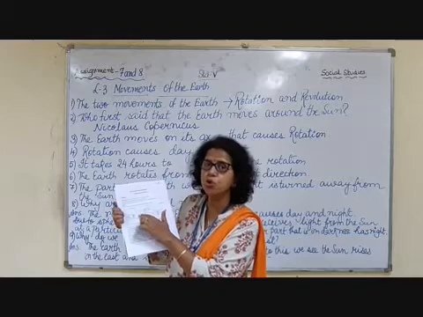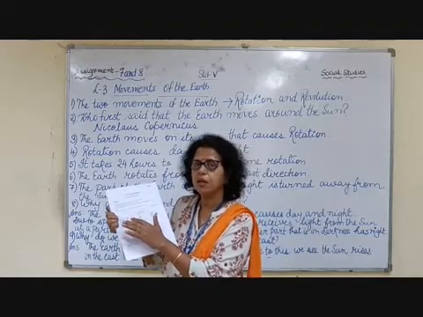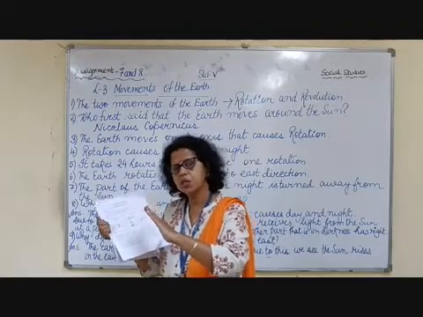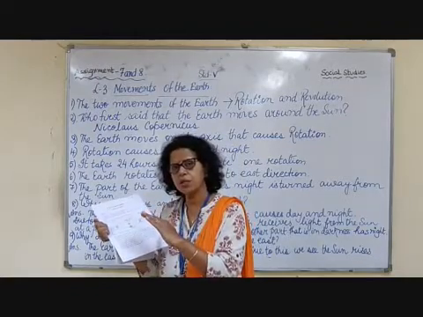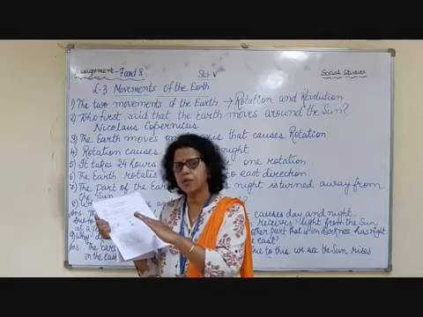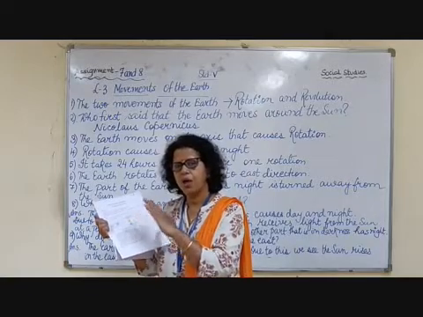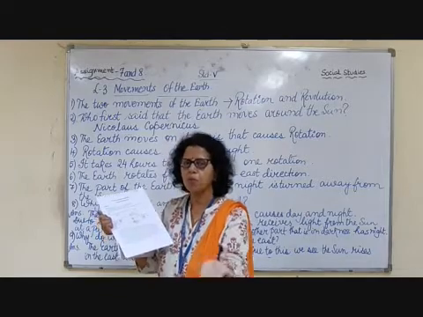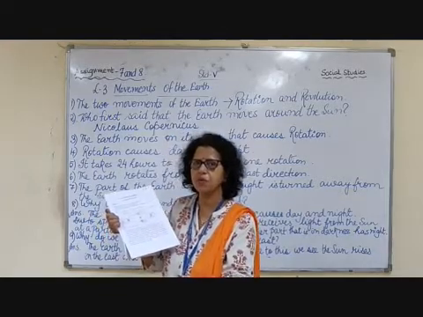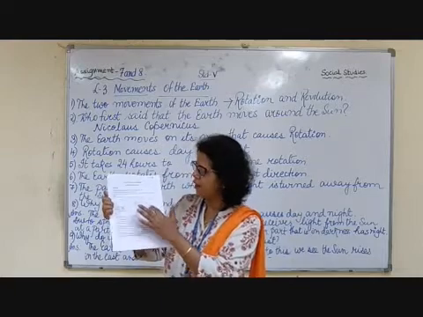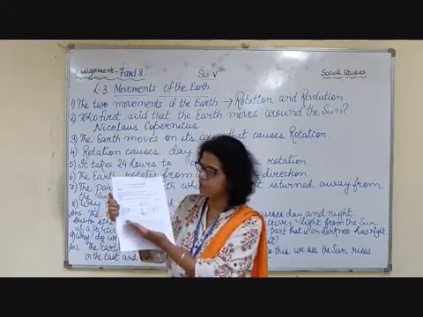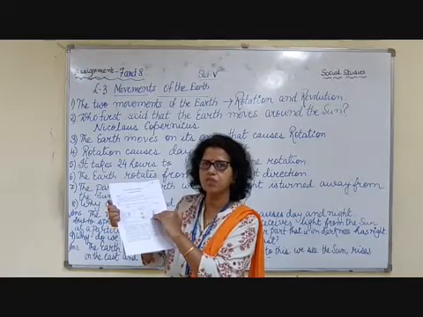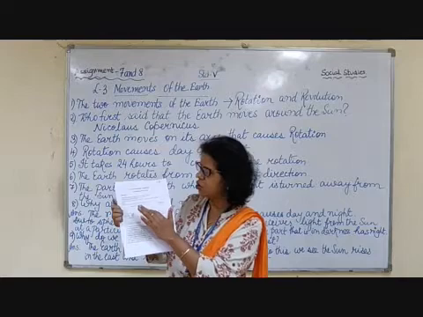I will explain to you very clearly the seasons. Because the earth is tilted and because the earth is rotating on its axis, the northern hemisphere is facing towards the sun. It is summer in the northern hemisphere. The opposite will happen in the southern hemisphere. They will have winter, and when the southern hemisphere is facing towards the sun, they have summer, and the opposite will be in the northern hemisphere. That will be winter. These are the two positions.